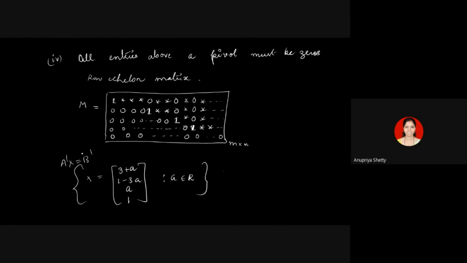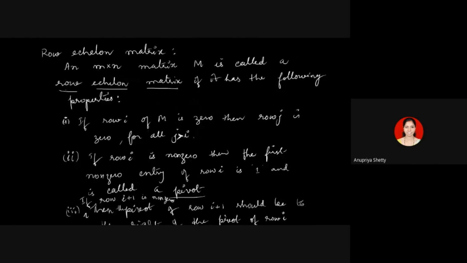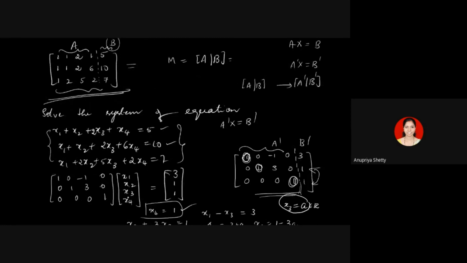Since the previous proposition says that Ax equal to B and A' x equal to B' have the same solutions, this set will also give you all the solutions of Ax equal to B. This is roughly how we are going to solve the systems, but we will give the method precisely: when we give the arbitrary values, and to which variables. Why can't I give the arbitrary value to x1? Why did I give the value to x3 itself? All that we will sort out in the next class.